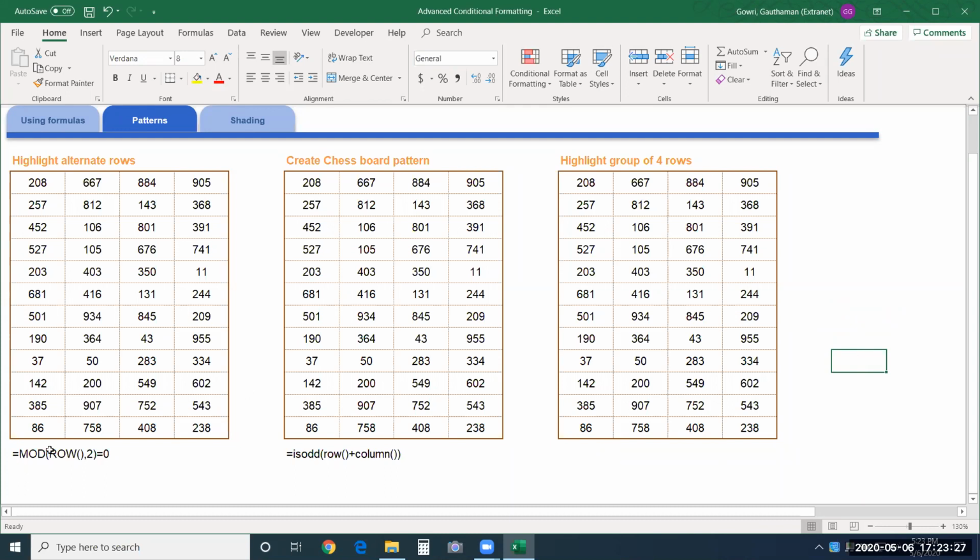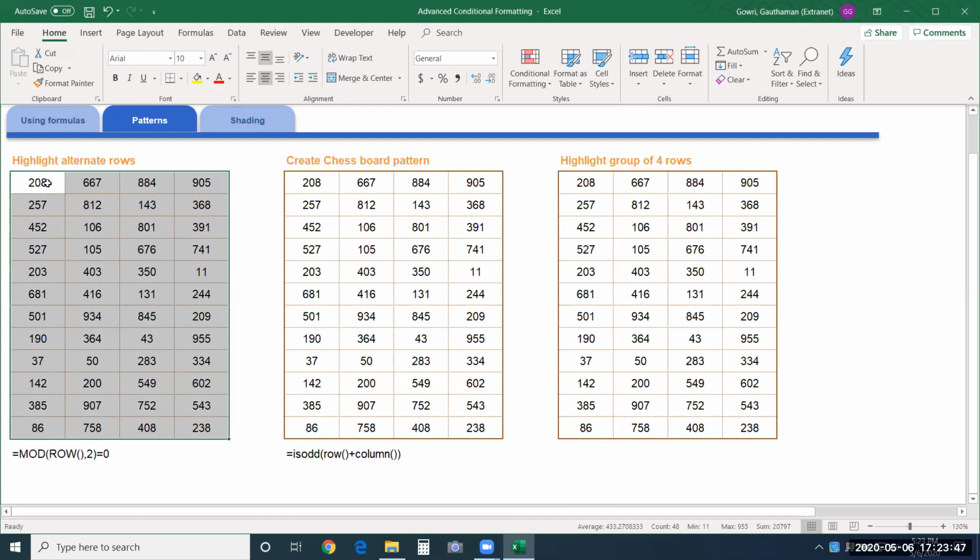And we have another function here, ROW. This ROW number is what we are using here. Don't worry about the values present inside this. It can have any value, not only numbers, anything can be present in this particular cell selection. We are not going to use the values present here.